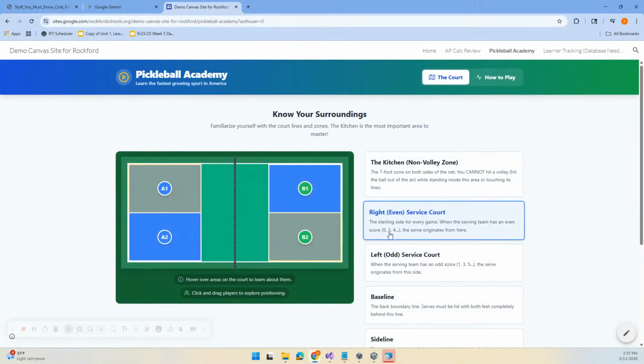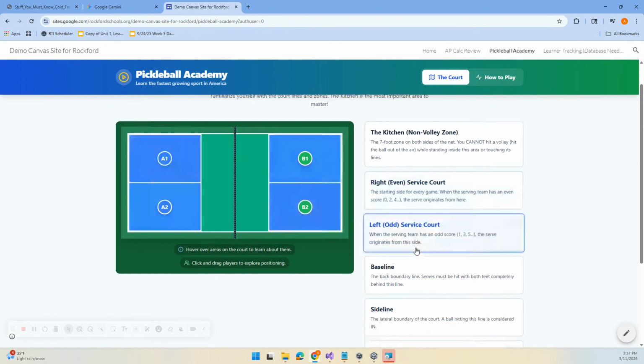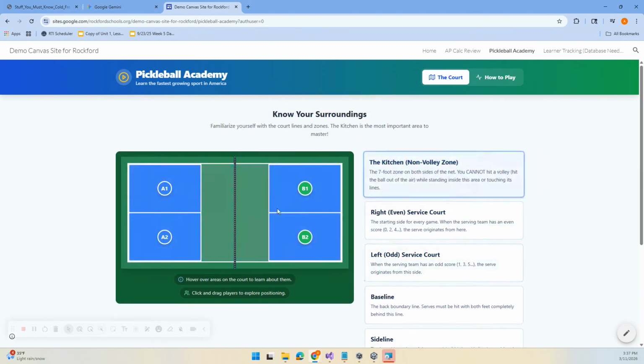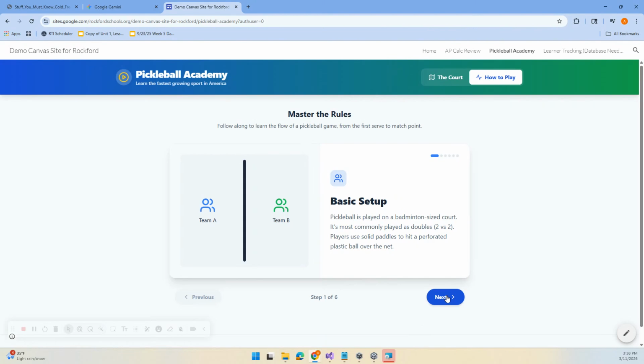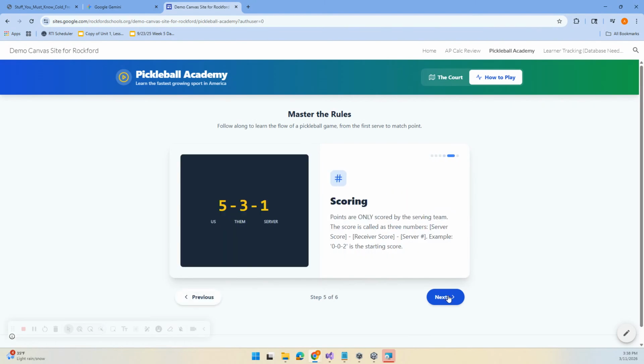Coaching idea. I don't know much about pickleball, but I used Gemini Canvas to create an app. I learned that this area of the court is known as the kitchen. But hover over anything to learn more about the court. And I also decided I wanted to be able to move around people for positioning. And if I click on how to play, it goes through all of the basic game flow from setup to